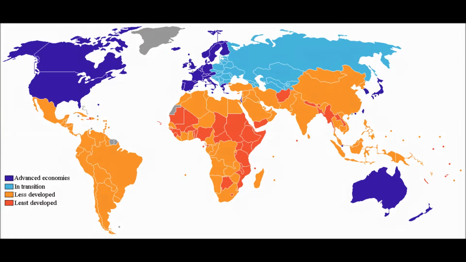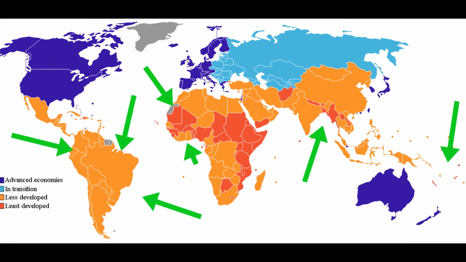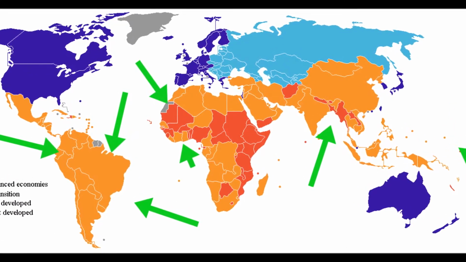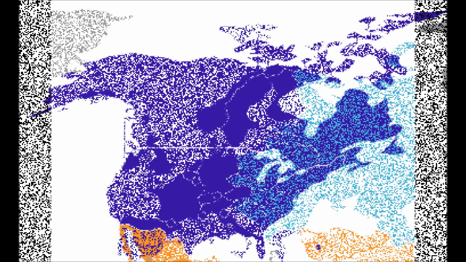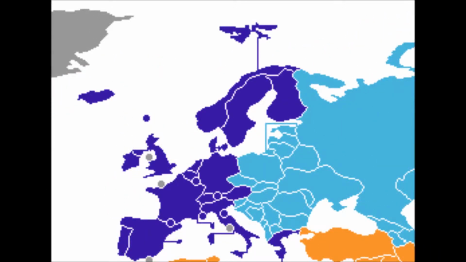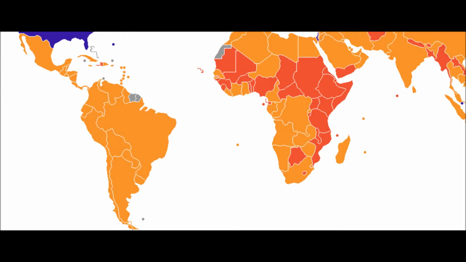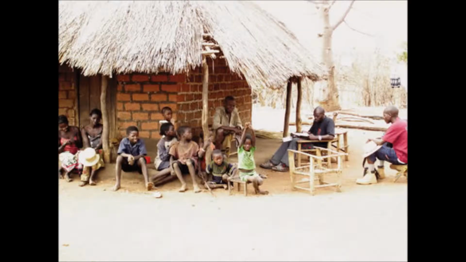Surprisingly enough, the majority of the countries of the world are actually undeveloped. There's literally a third of the amount of developed countries compared to the number of undeveloped countries. There are some factors that come into play when understanding what exactly an undeveloped country is and what a developing